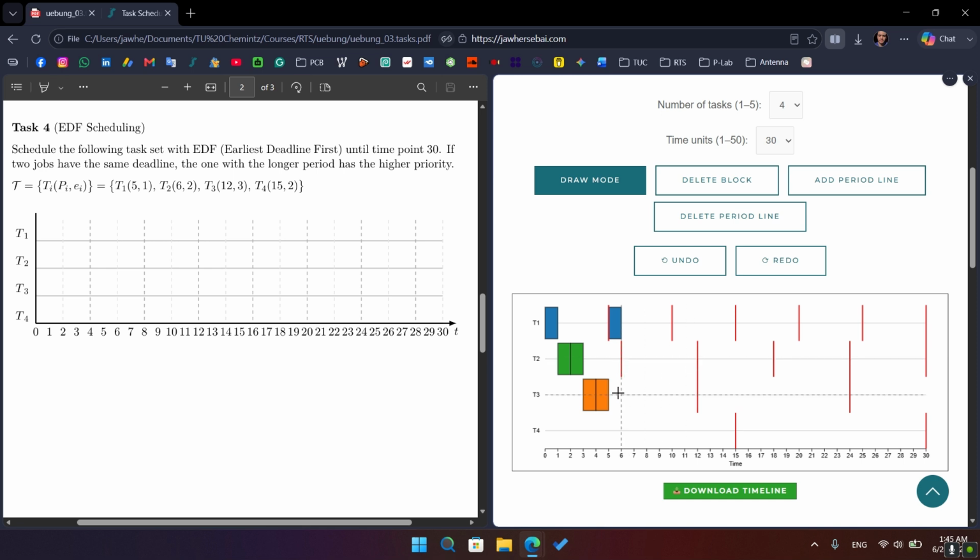T2 is ready, T3 also, and T4. But T2 and T3 have the same deadline. And in this task, it says if two jobs have the same deadline, the one with the longer period has the higher priority. So T3 has the higher period, so T3 will execute here and finish. So T3, 3 execution: 1, 2, 3, and at T7